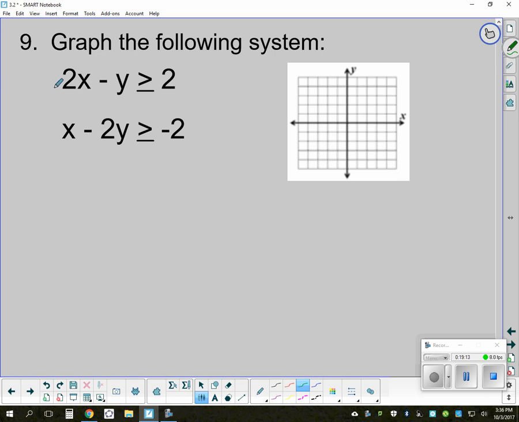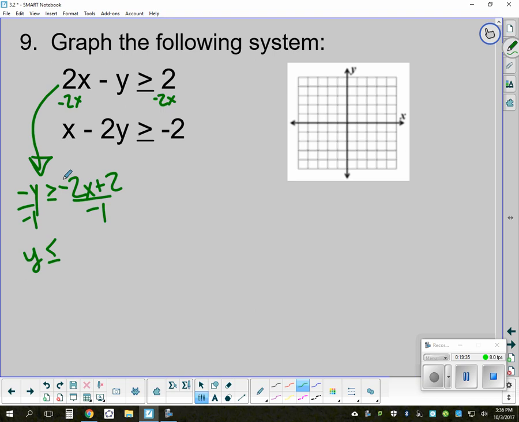First, you want to get it into slope-intercept form. So I'm going to start by subtracting 2x on both sides. Negative y is greater than or equal to negative 2x plus 2. And again, I'm dividing by a negative 1, so my sign has to flip around. And I'm dividing everything, so I get positive 2x and negative 2. Negative 2 is my y-intercept. Positive 2 is my slope, so I'm up 2, right 1,